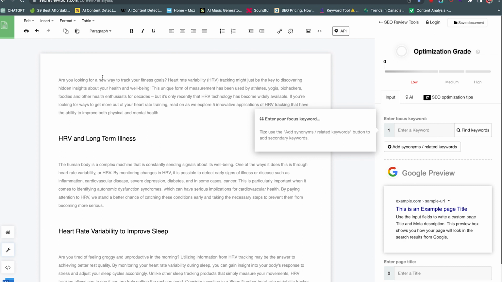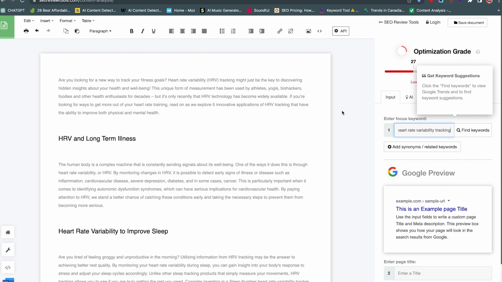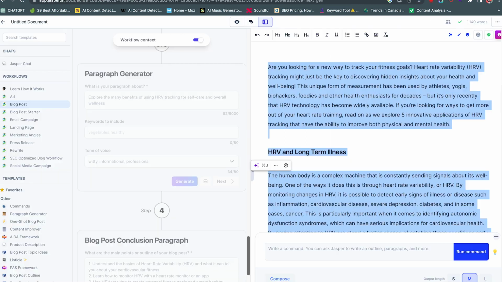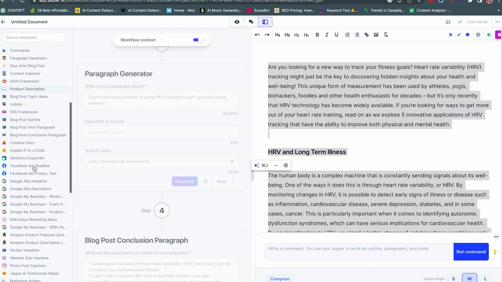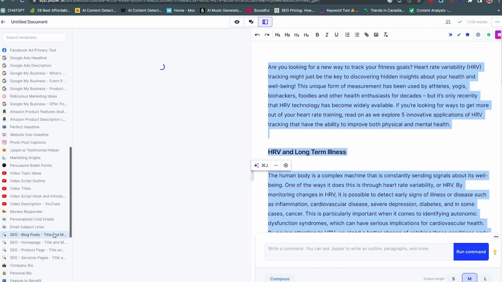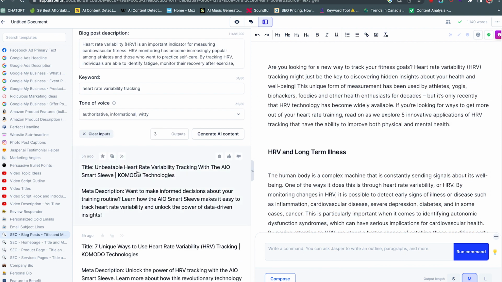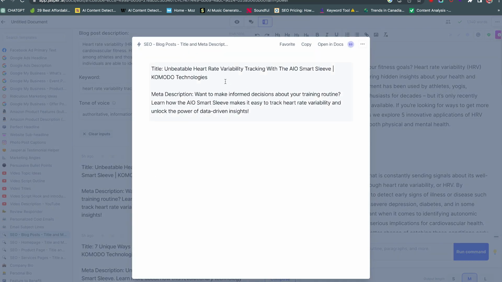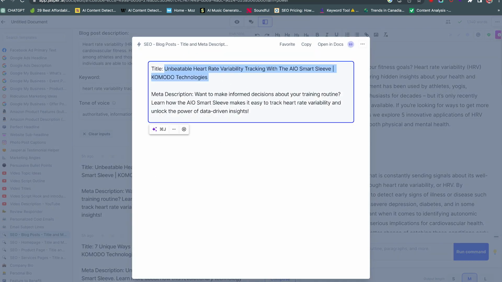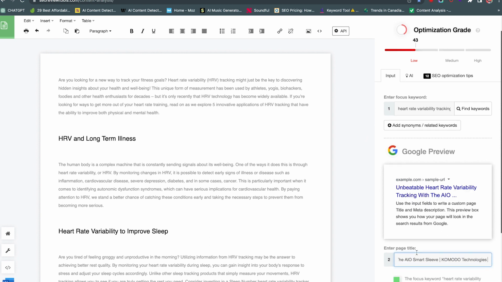The keyword that I was targeting is, give me 1 second. Yes, the keyword I'm trying to target is heart rate variability tracking. So I actually even used all of this to then, I showed you guys, right, the title and meta, which I would not recommend this method to figure out titles because what they give you is pretty bad. If I take all of their advice, plugging in the keywords,